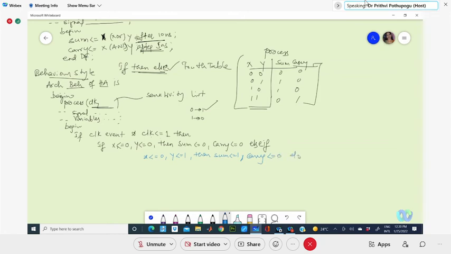Else if the next condition, else if the next condition. See how many ifs we have started here? Only one if. This is our main if that we have started to define all the four conditions. So else if the last condition.